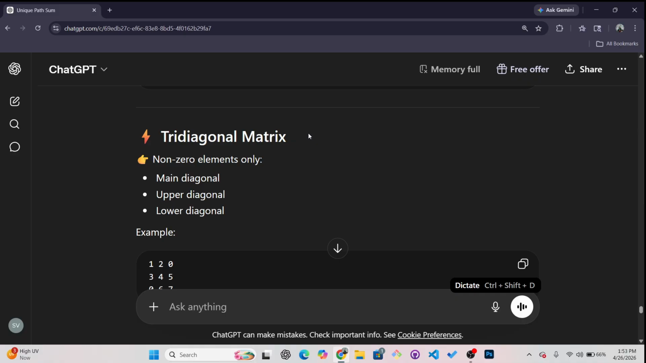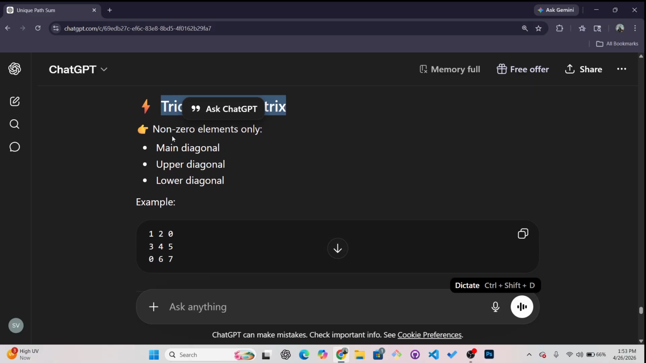Okay, don't worry. I'll just explain what tri-diagonal is. Tri means three, diagonal means diagonals. So we have a main diagonal that's called the principal diagonal. Tri-diagonal matrices are matrices for which the upper diagonal, lower diagonal, and main diagonal are non-zero. That means if we take an example,